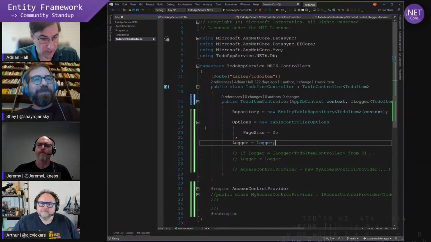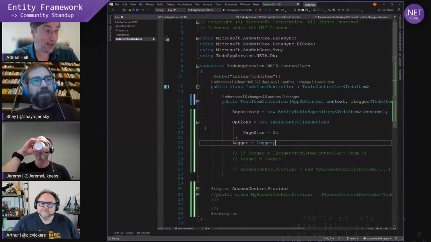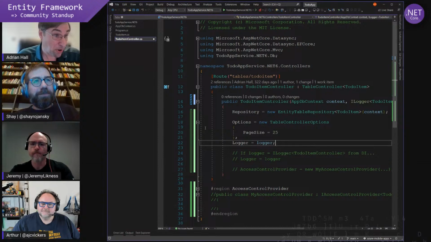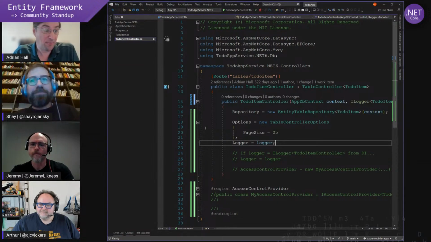That is totally possible. The blog I mentioned, by the way, adrianhall.github.io, is my blog, and you'll find a series of about 6 blog posts in there that cover Entity Framework and working with Azure Mobile Apps.